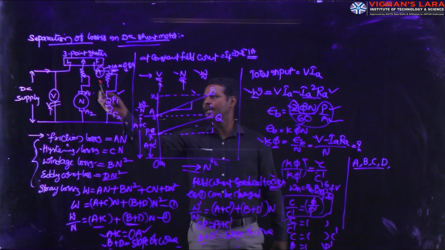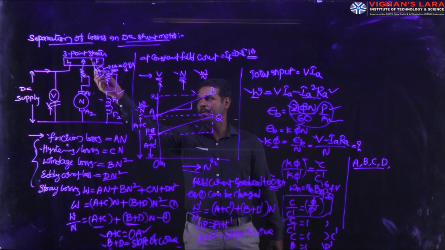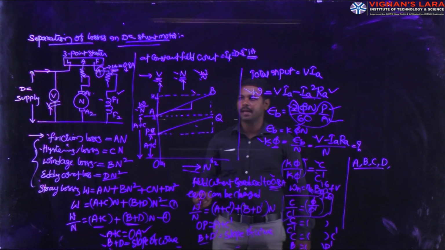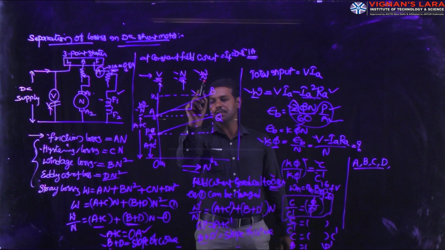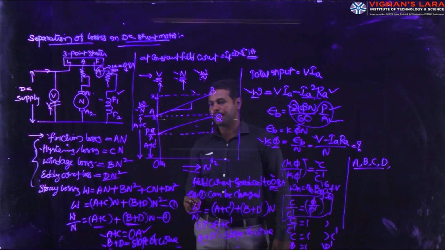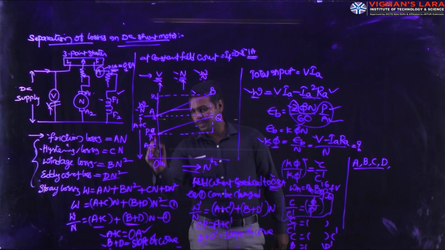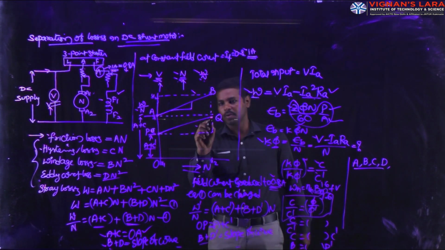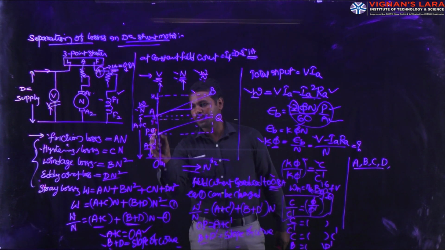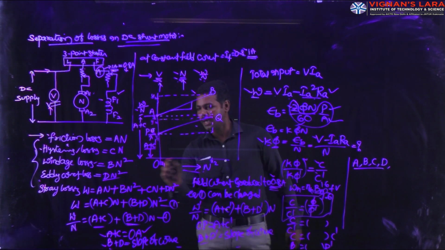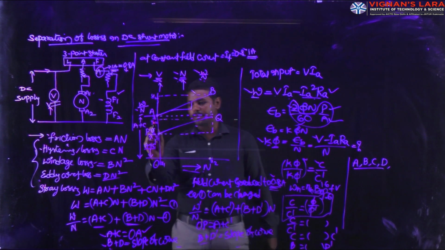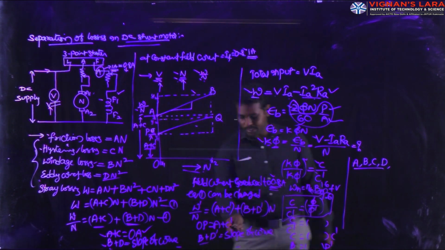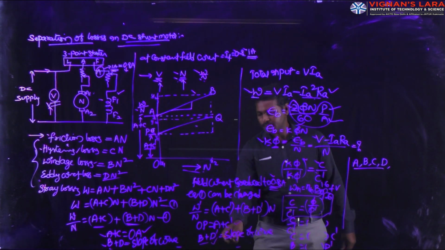Then again we can vary the rheostat from maximum position to minimum position. Again we are representing the voltage, speed and W by N. Again the curve drawn between these two parameters gives P and Q. So the distance between these two is equal to A plus C dash. The slope of the curve is again y2 minus y1 by x2 minus x1. So we can calculate A plus C dash and B plus D dash.